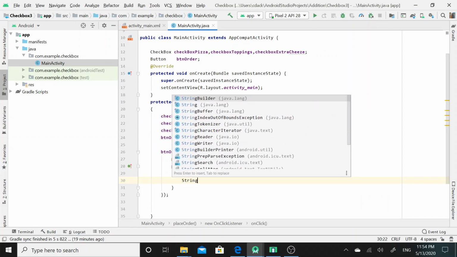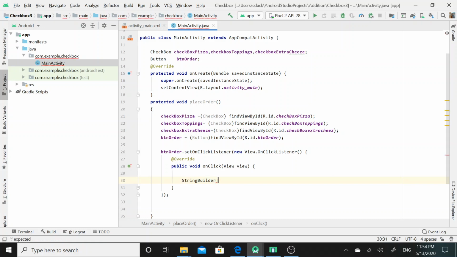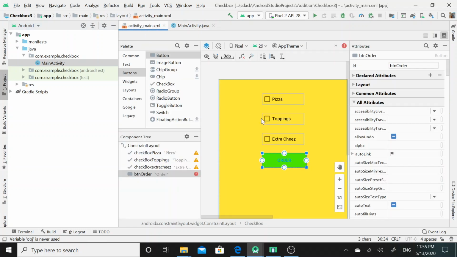Here initially I will call the StringBuilder class, which is present in the java.lang package. Then I will create obj as an object of this StringBuilder class. Why do I need to create the object of the StringBuilder class? Since a checkbox allows the user to select more than one option.